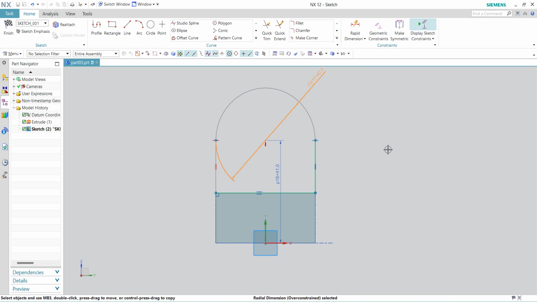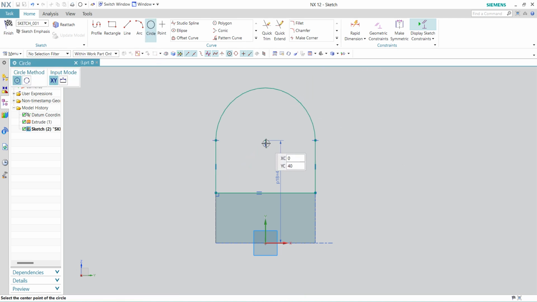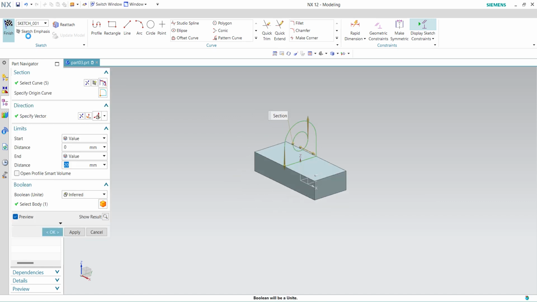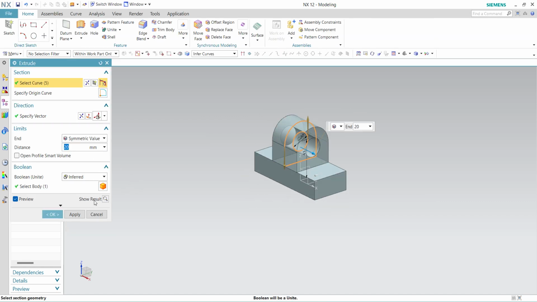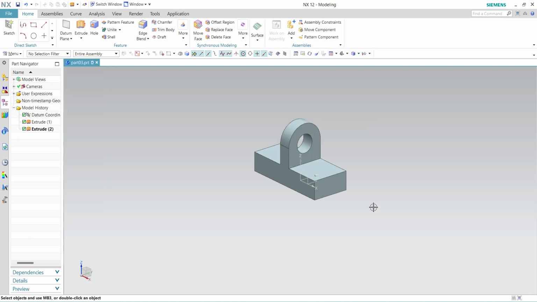This dimension you don't require. Select the circle again, create a diameter 20 circle. That's it, finish sketch. Here select symmetric, length we required 14 mm. Okay,